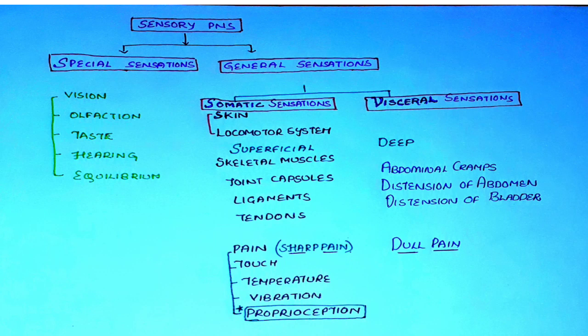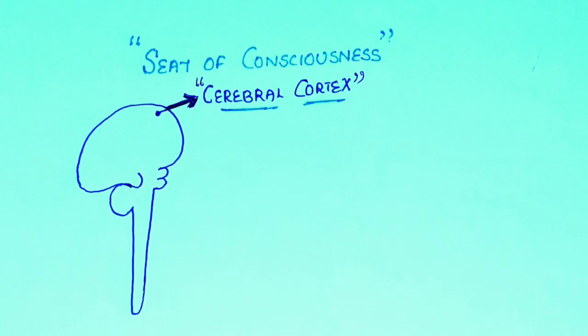Till now we studied that information is going to central nervous system. Are we aware of all the information that is going to central nervous system? No. We are aware of only some sensory information, and we are not aware of some sensory information going to central nervous system. Some of it reaches our conscious level and we will be aware of that, and some do not reach conscious level and we will not be aware of that.